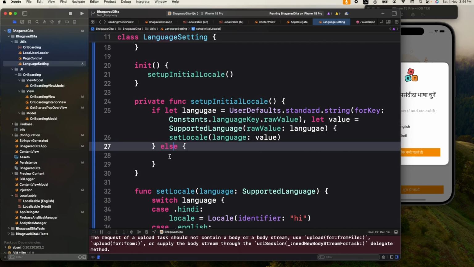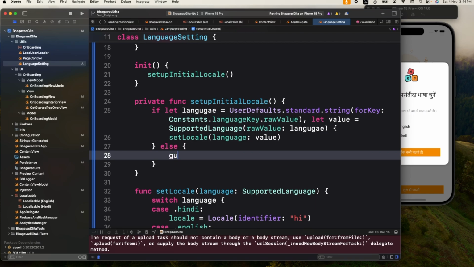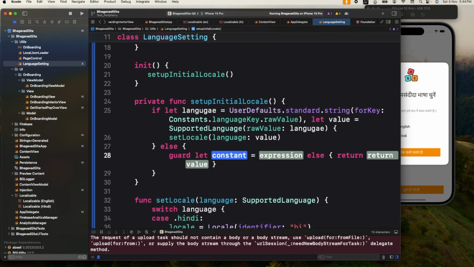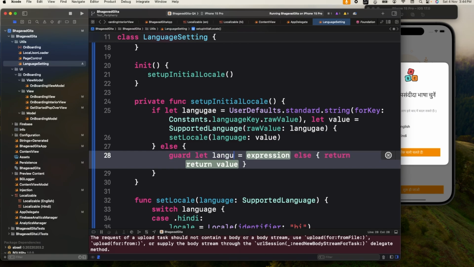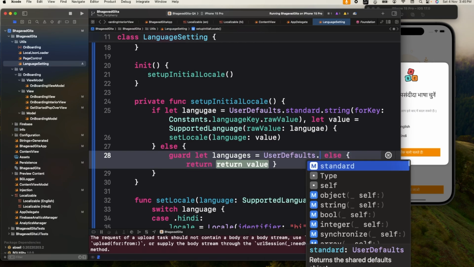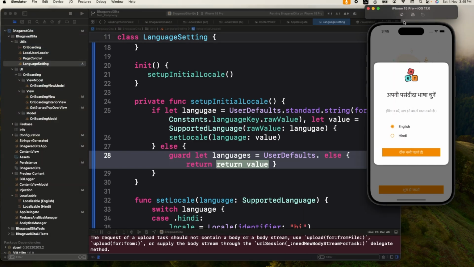So the first thing we are going to do here is read the languages from the key which is called AppleLanguages, and that is maintained by Apple, like whatever the language is based on your phone, it will give you the value. So we'll call it languages equals, and this gives you an array of values. Like in your phone you can have two or three different languages at one point of time, and for example in my case, if I go to